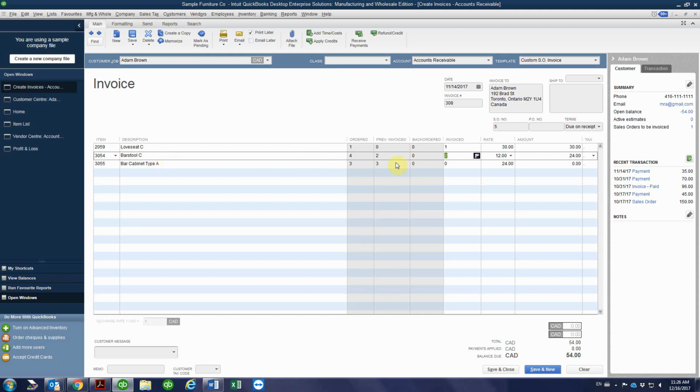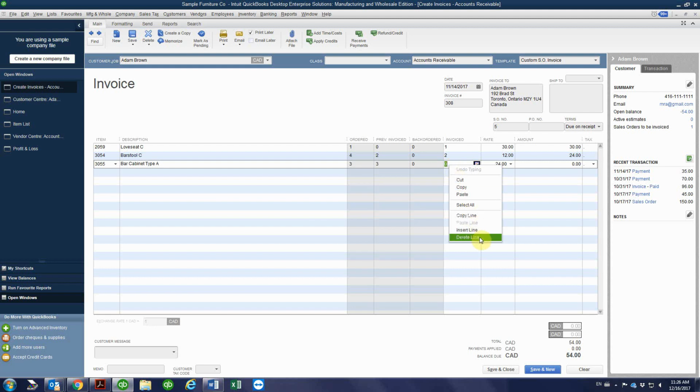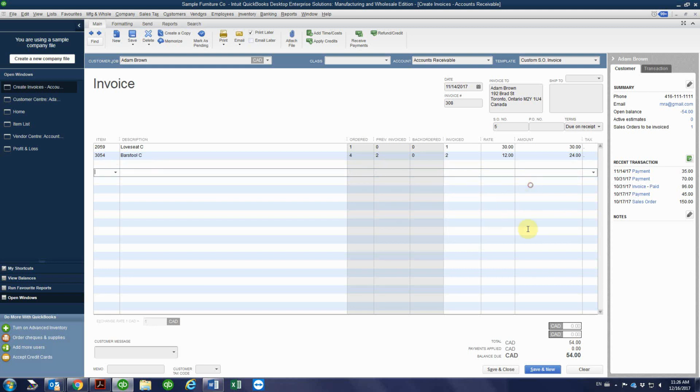And for bar cabinet type A we're gonna invoice 0. Why? Because the customer ordered 3 and we already invoiced that 3 on the previous invoice which we shipped before. So I'm gonna delete that line. You can choose to delete line here, we don't need it. And as you can see, the balance of the invoice is gonna be $54,